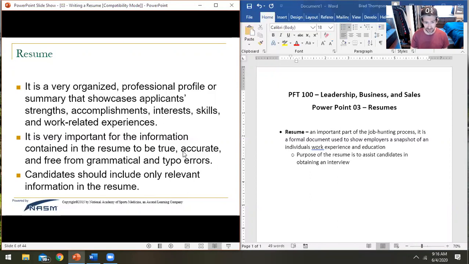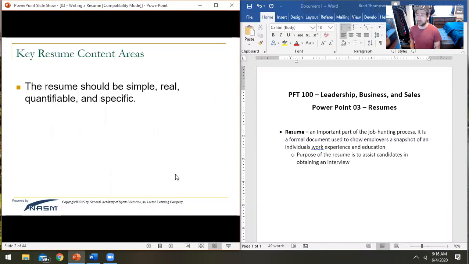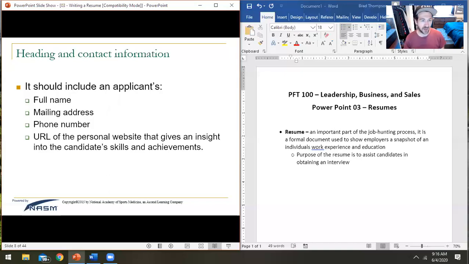Make sure there's no grammatical errors. It should be simple. It should be quantifiable, meaning that they should be able to see the experience, how much experience, and it should be very specific. So it should always include your full name. Again, mailing address, going out of style. A lot of people are just putting their city nowadays. That's what I do. Phone number, and then URL to your website